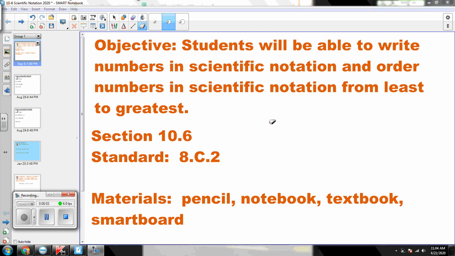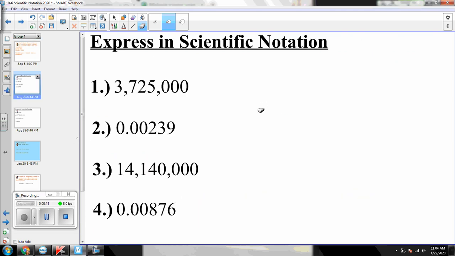Today our objective is to be able to write numbers in scientific notation and order numbers in scientific notation from least to greatest. We're going to start with writing numbers in scientific notation. Number 1 says